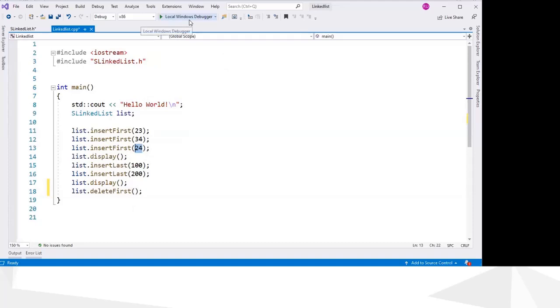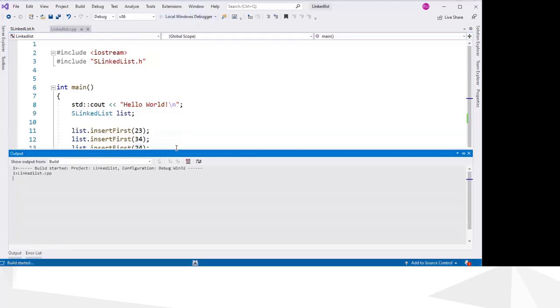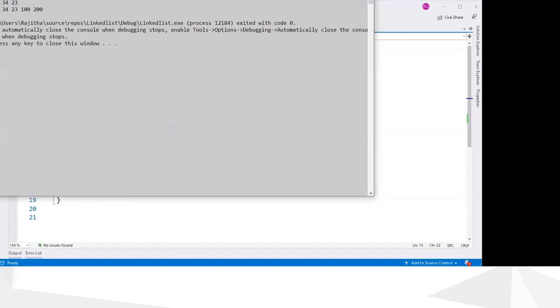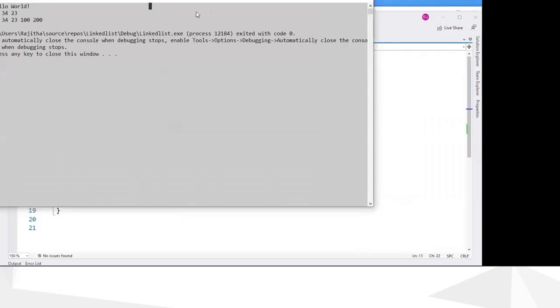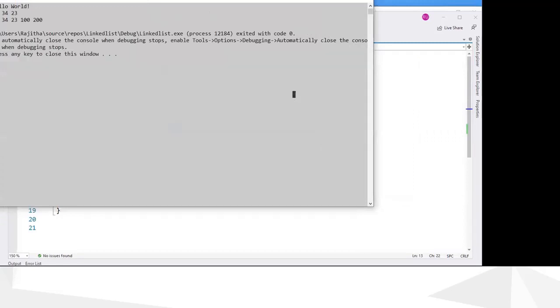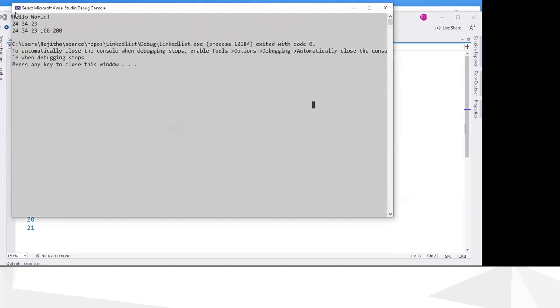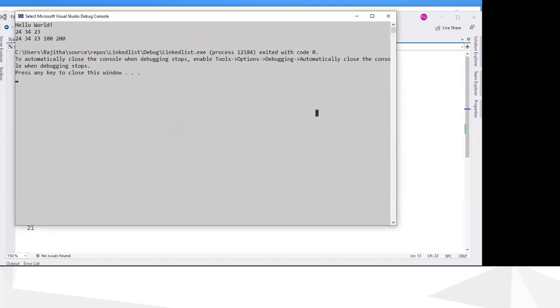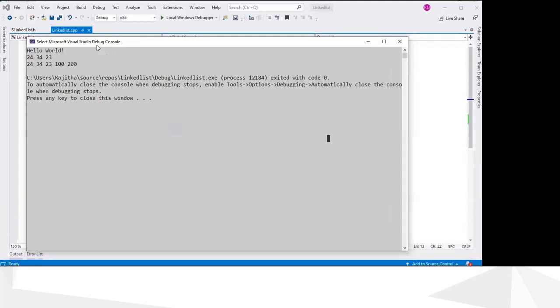So when you run this one, can you see the output?